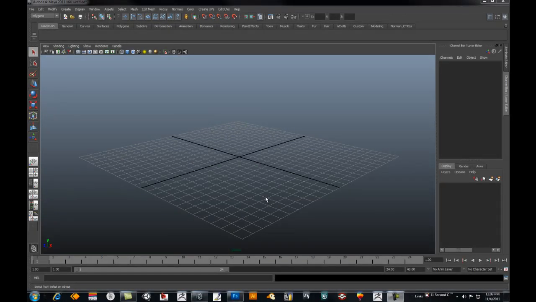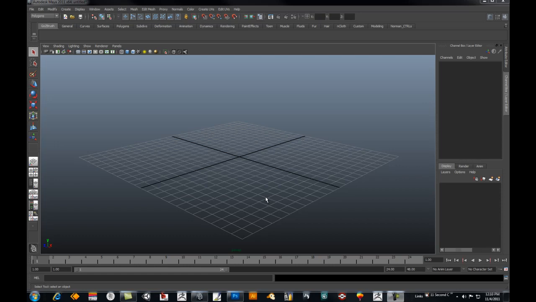Okay, today I'm going to go over modeling a hand, and I'm going to be showing you the techniques that I use to model a hand. Your number one reference should be right in front of you. You have two of them, and if you don't have reference in your hands, then I guess you're going to have to go on the internet and see if you